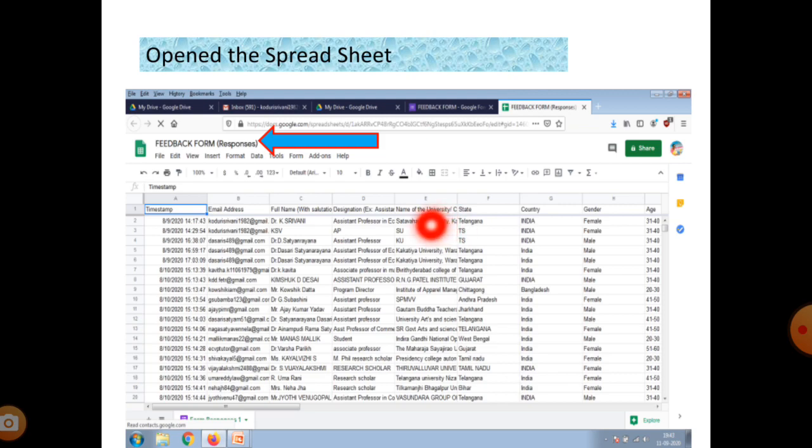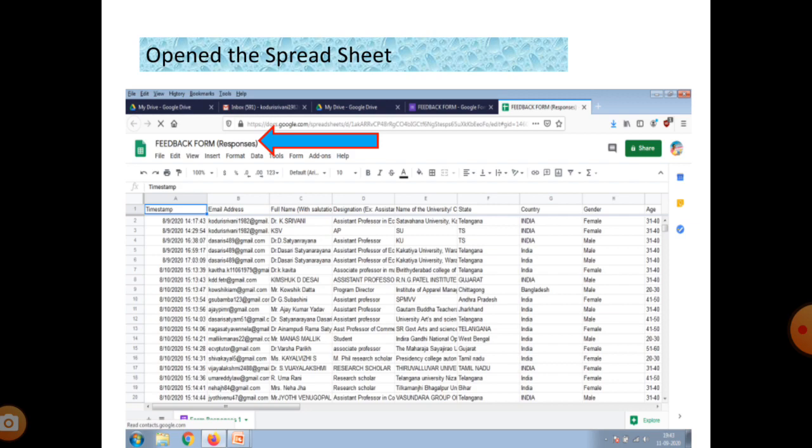You get the spreadsheet of their email address, name, designation, institution, country, state, gender, whatever information is typed in your feedback form. Those are all displayed, and whatever the participants fill in the form is going to be displayed in the spreadsheet responses.